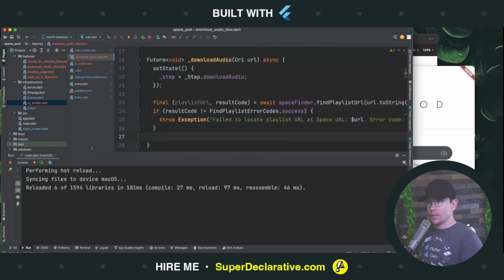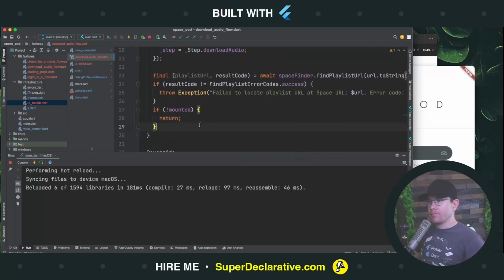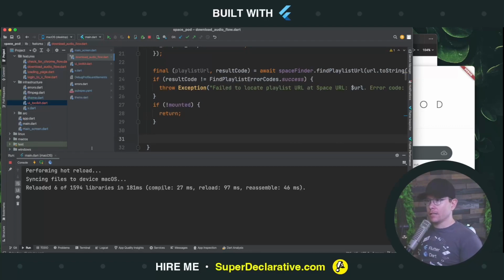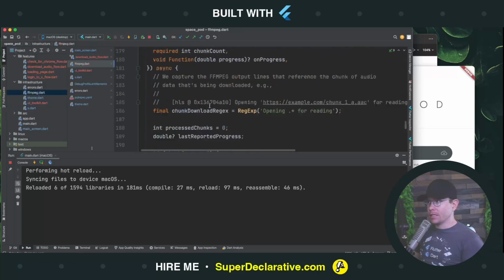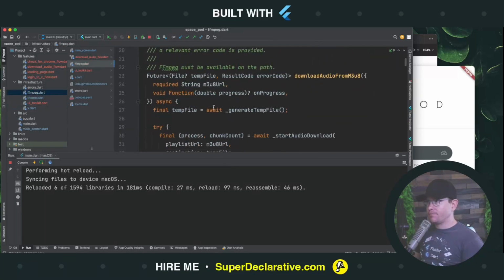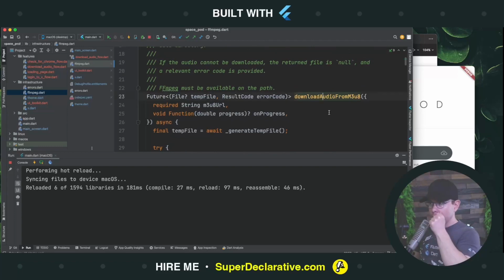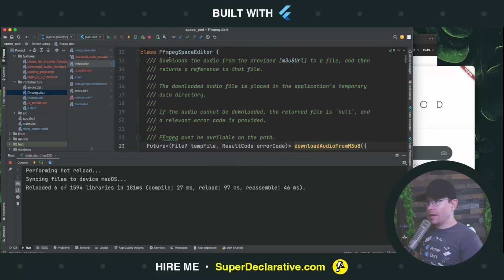Otherwise, we successfully got the playlist URL, but if we're no longer mounted we don't want to do anything. If we are still mounted with the playlist URL, then I think now we're actually going to switch from the space finder to the tool that we use to download, which is FFmpeg, because that's what we use to actually download. Here's a download audio from M3U8, downloads the audio to a file, and then returns a reference to that temp file. Okay,